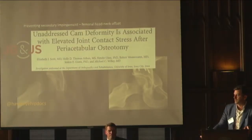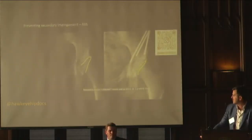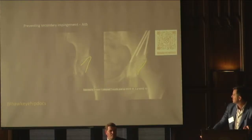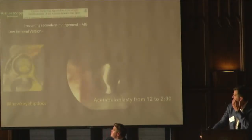You want to protect the results of your PAO by performing a head neck osteochondroplasty at the same time. What about other areas of secondary impingement? So if you have somebody with a low anterior wall index or low acetabular coverage, such as this case, I think Mike will present this one later,